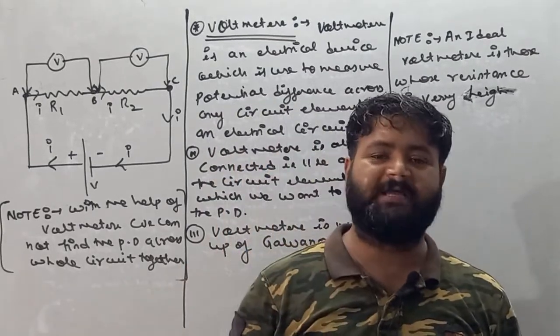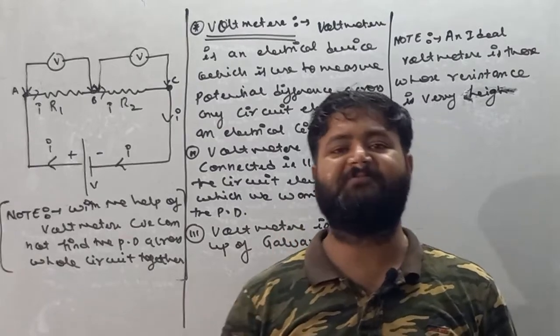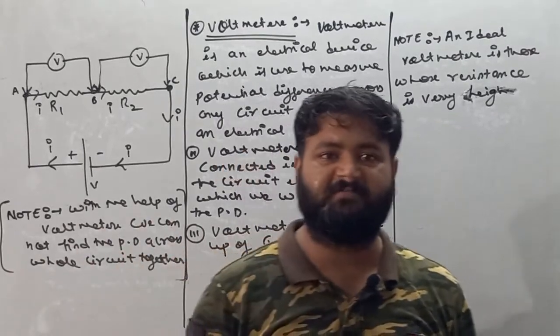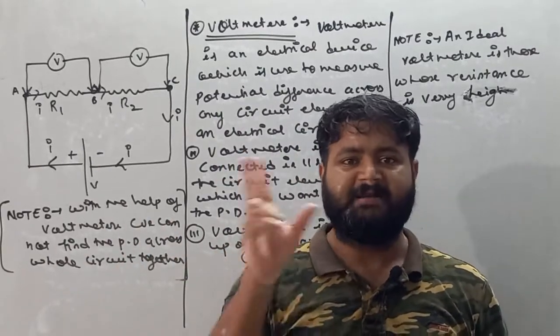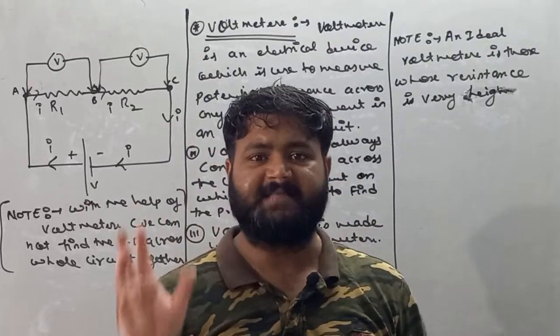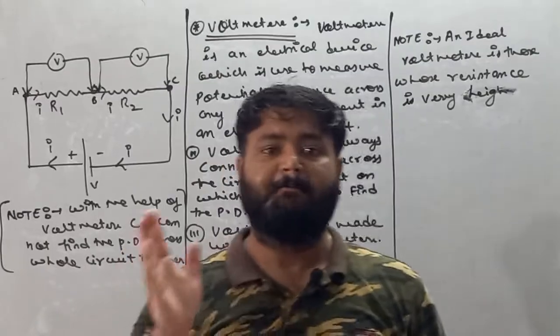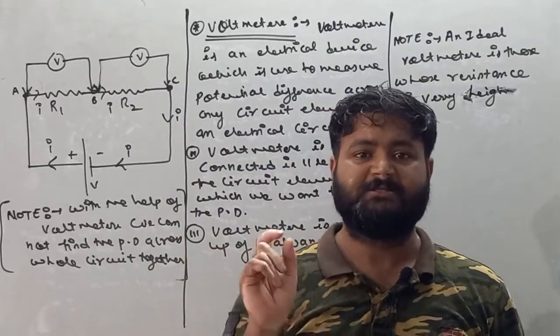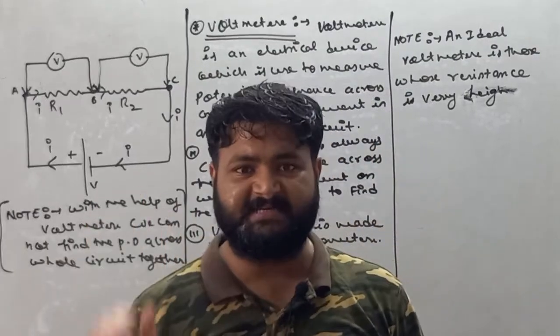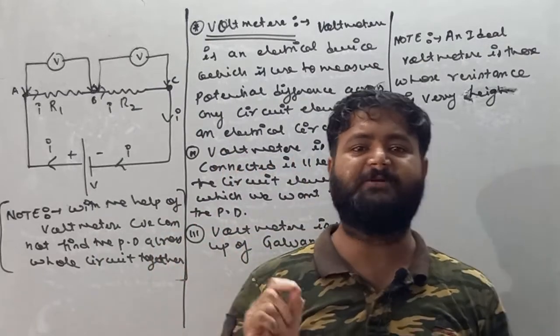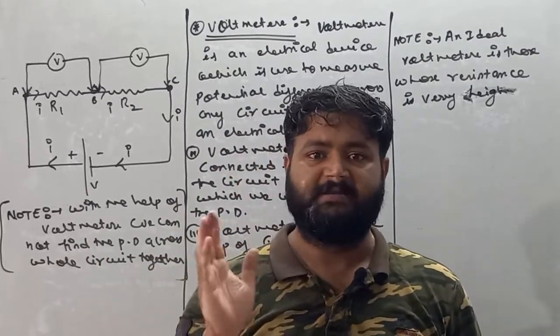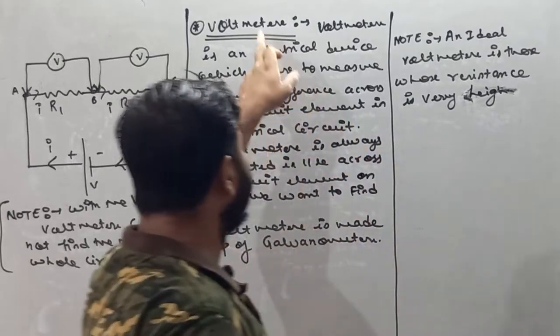When we are talking about ammeter, we have to decrease the resistance of galvanometer so that net resistance decreases. That's why we'll connect a small value resistor parallel to galvanometer so that net resistance decreases, and that small value resistor is called shunt. Now when we are talking about voltmeter, dear